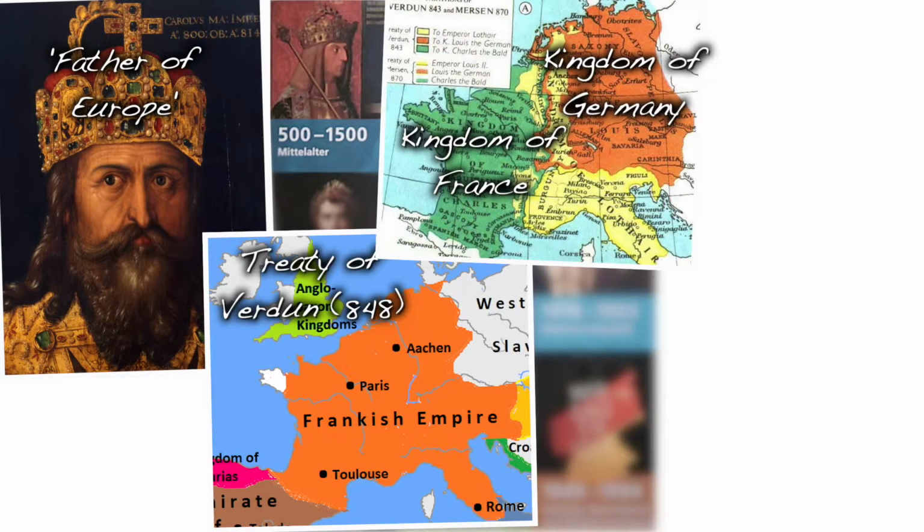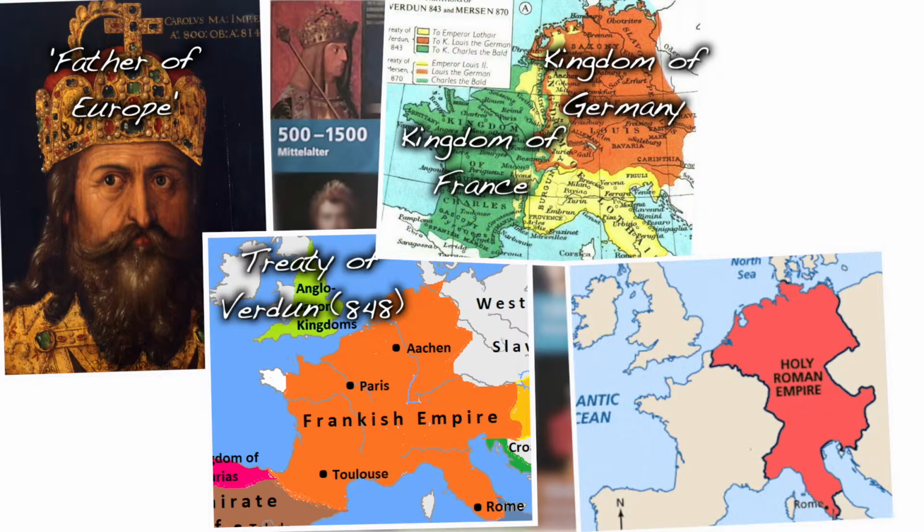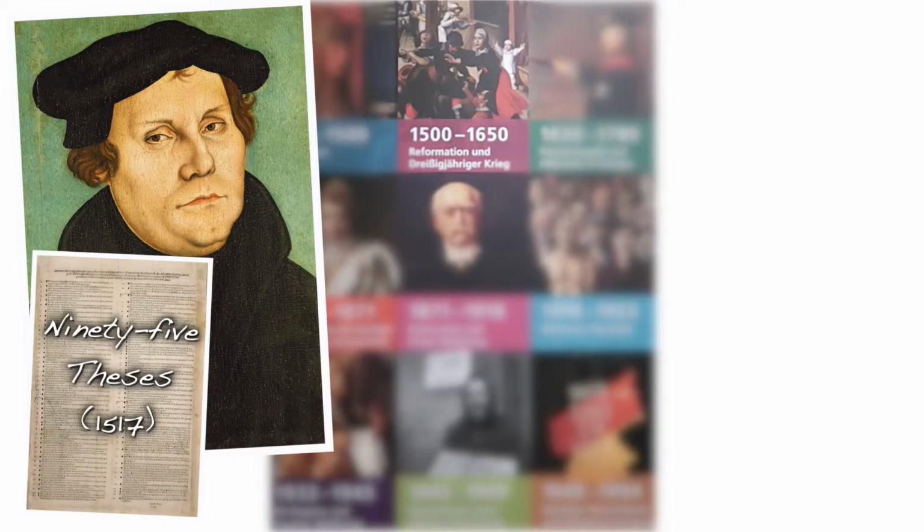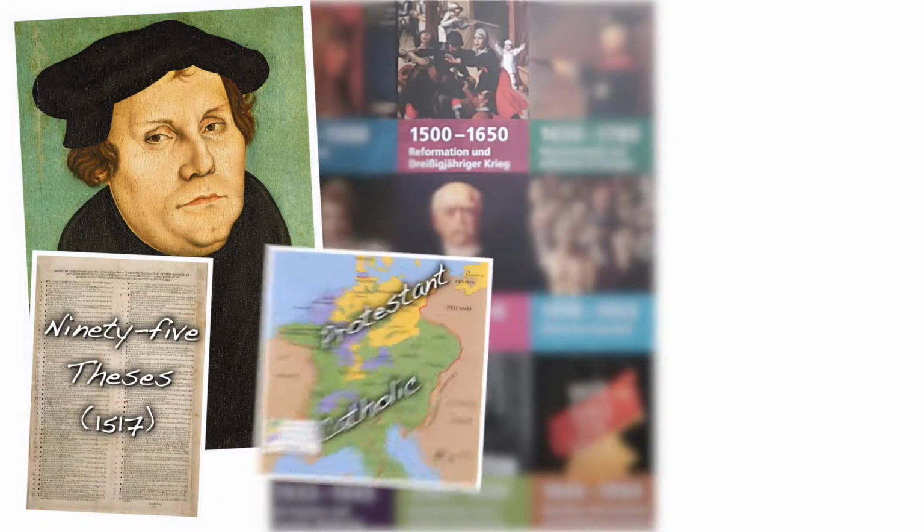West Francia forms the Kingdom of France, whilst East Francia forms the Kingdom of Germany, which would be the largest part of a more significant coalition known as the Holy Roman Empire. In the Renaissance period, German theologian Martin Luther's 95 Theses begins the Reformation movement that divides the Holy Roman Empire